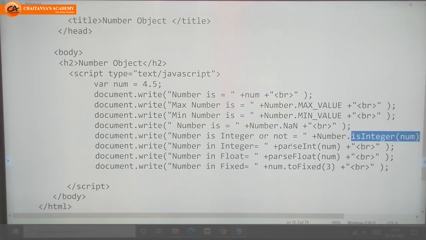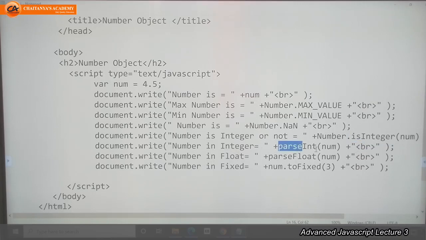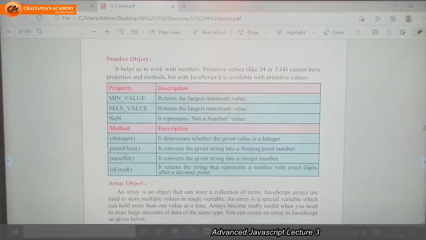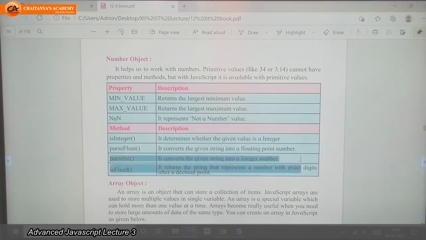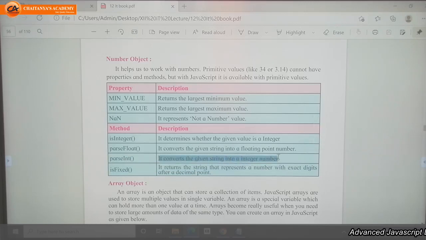Next, parseInt. Parse means convert. Parse int means convert to int. parseInt converts the given string, or whatever the number, floating number or something, into an integer number. If you pass any number into a text box, by default it is a string.